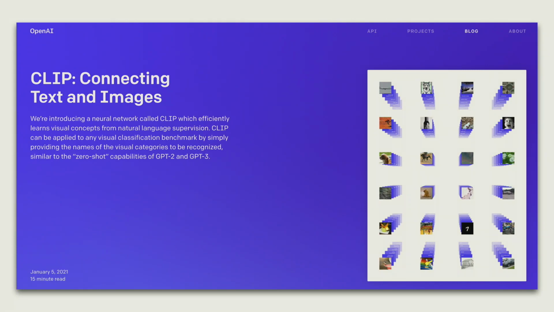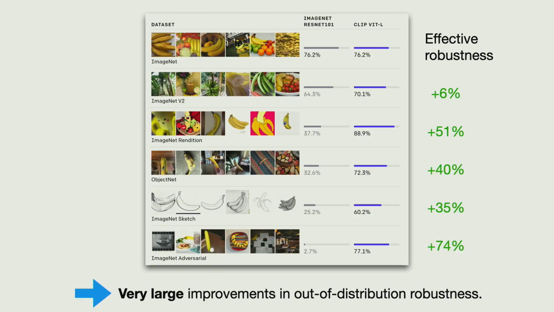But it turned out that the more data models actually had a lot more robustness left. We just didn't realize it at the time. And the paper that made us realize this was this very nice paper from OpenAI on CLIP, connecting text and images. So what they did in this paper is pre-train a large model on paired image and text data. I'll explain it in a little bit more detail in a couple of slides. Why this was exciting, for many reasons. One of them, robustness, because the numbers that they got on these out-of-distribution test sets were just really, really good.